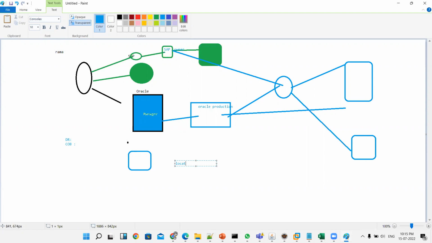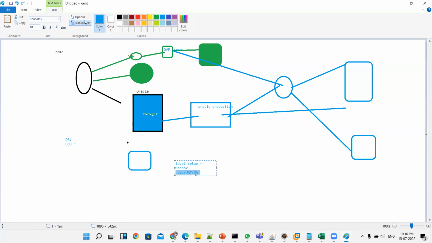Local setup will be called a sandbox environment. And next, you can say you have a Dev environment. Nowadays nobody is keeping a lot of money on infrastructure, so the same environment is also used as the UAT environment. QA also does the same in that environment. They won't keep a lot of environments, they will keep the same environment because it will involve